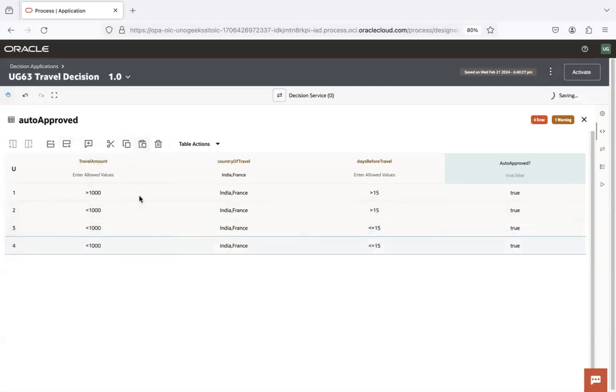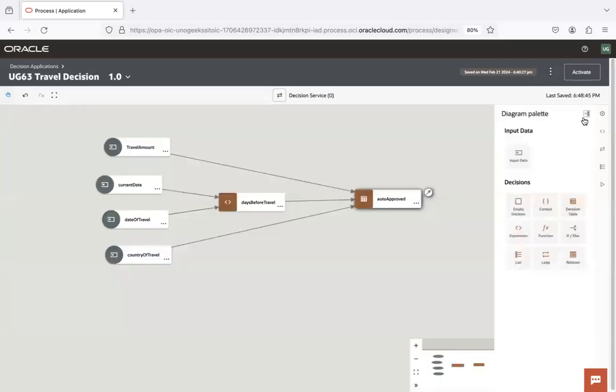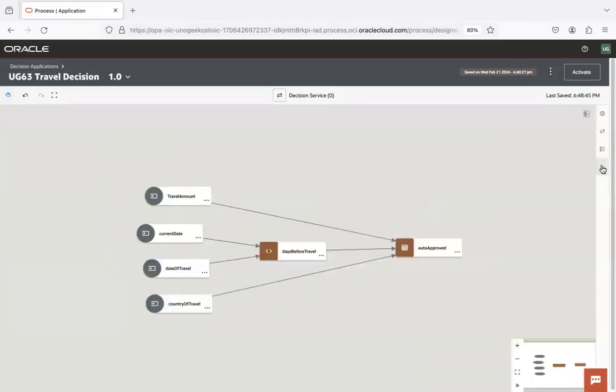And the final one, if the amount is more than 1,000, and if the request is submitted less than or equal to 15 days, we have to select it as false here. Okay. And now that we have configured this decision model, we can go ahead and test it as well to